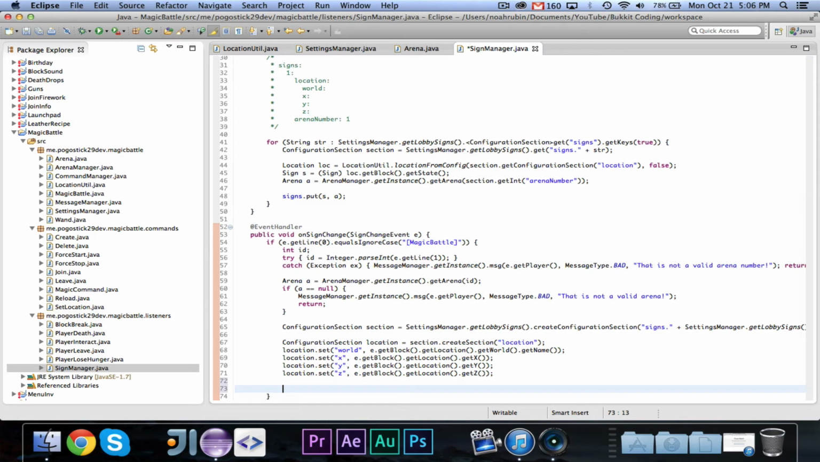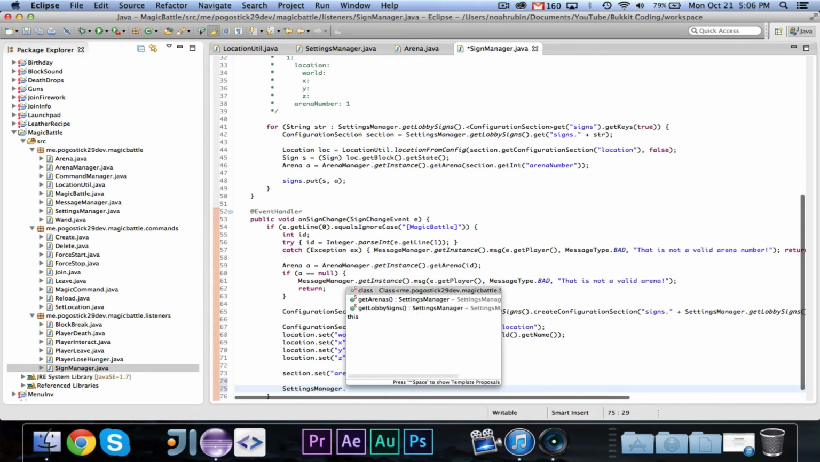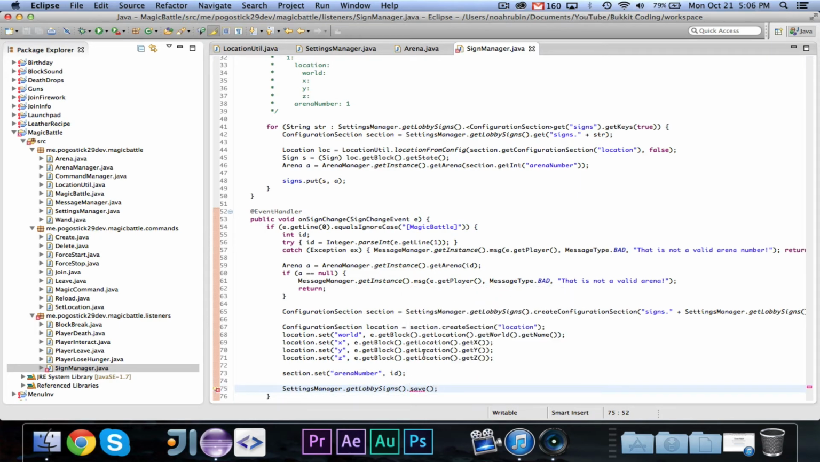And then we can go ahead and say section dot set arena number to e dot to ID, and that has to be a string. Or actually, no, it doesn't. So set it to ID. All right, good. So that is for the saving, and we can then go ahead and say settings manager dot get lobby signs dot save. You know what, I don't think we need to do that. Never mind. All right, so then it'll set the arena number to the ID,